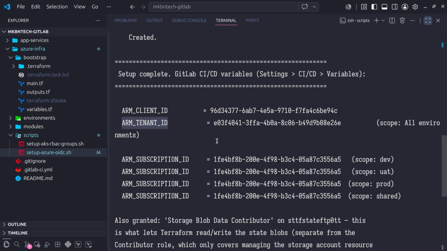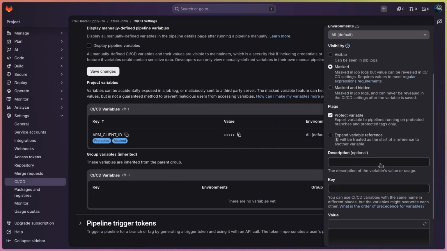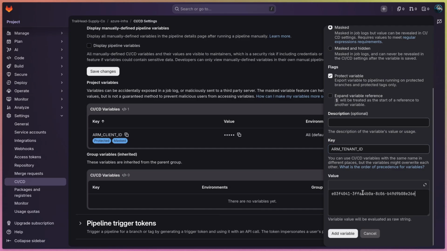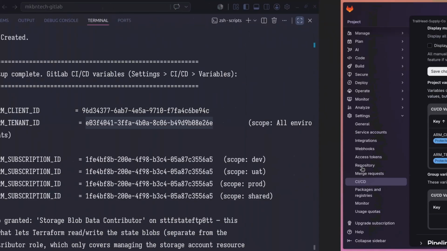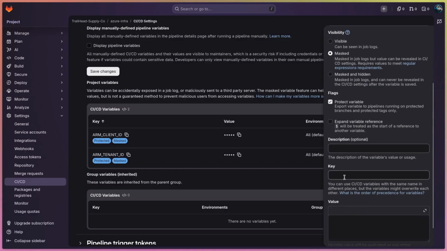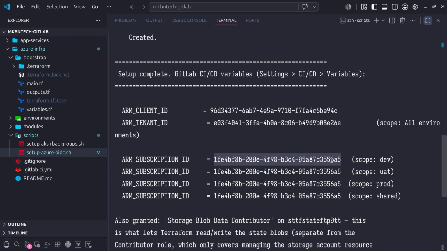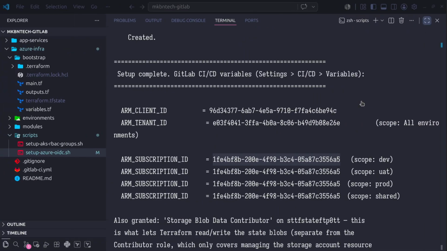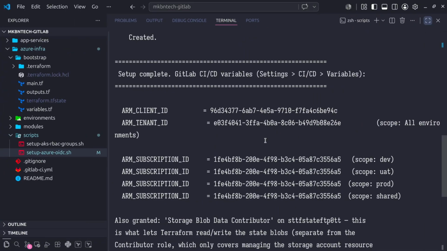Next, let us go ahead and define the ARM_TENANT_ID. Let us specify the key and add the value and click on add variable. And finally, let us define the ARM_SUBSCRIPTION_ID. I'll just copy the key and I will copy the subscription and click on add variable. We are currently using the same subscription ID for all our dev, UAT, prod and shared. So you can use the same variable, but in production, you generally scope it to the specific environments like dev,